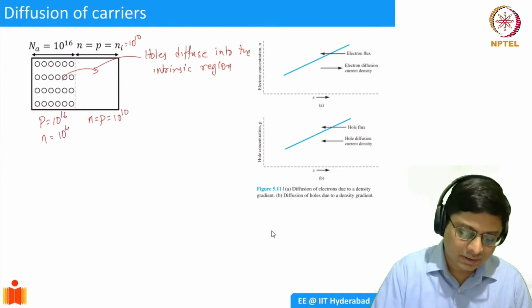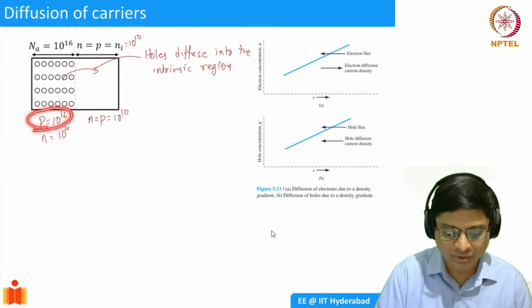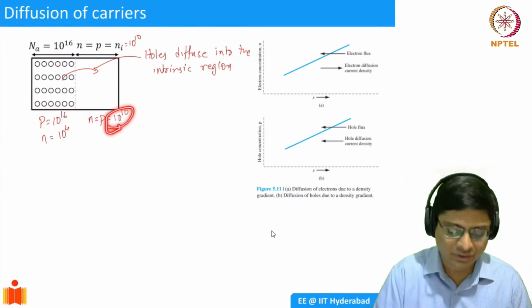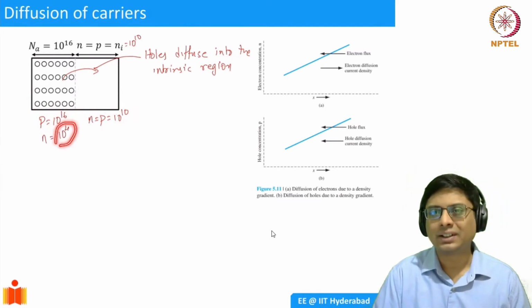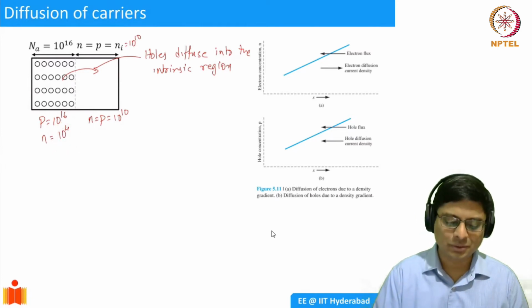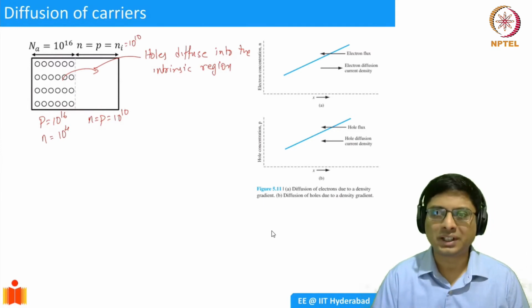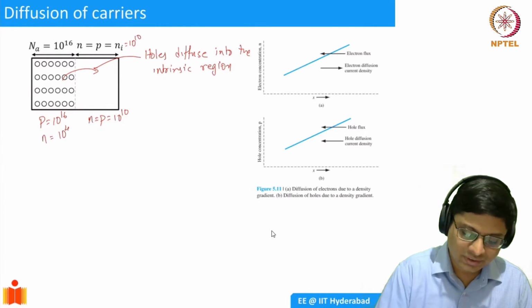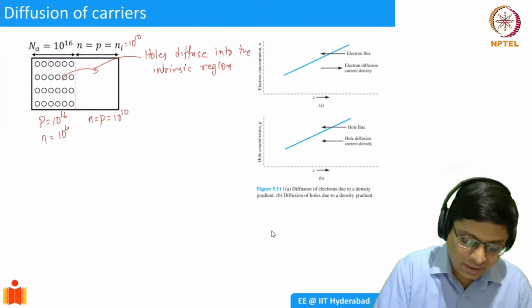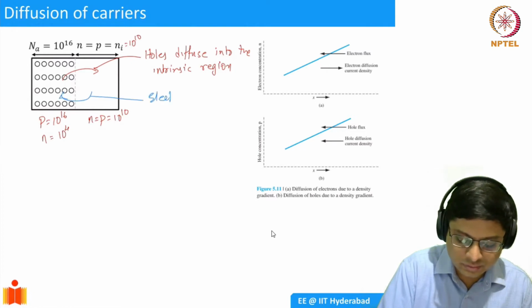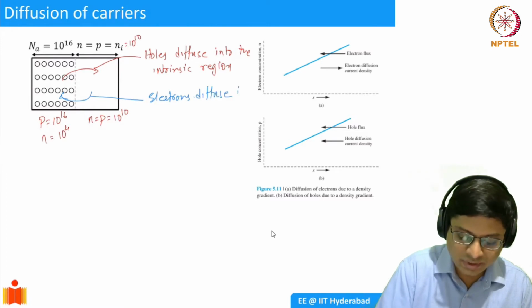So you see that there is a higher concentration of holes in this region, so they're going to travel. There's going to be a concentration gradient, because a higher concentration of electrons is going to be here, and then it's going to come here. There is some subtlety involved here. It's not that simple. We'll have to go into a little more detail, and we will do that in the next lecture. So what we're concluding is that you're going to have hole diffusion, and you're also going to have electron diffusion. Electrons diffuse into, let's say, the P region.